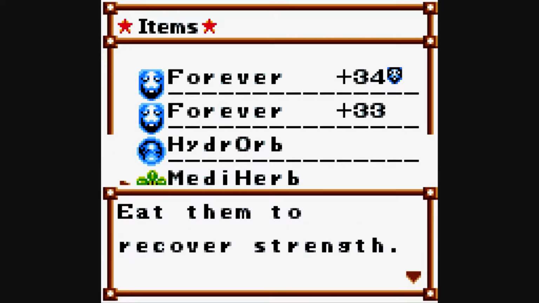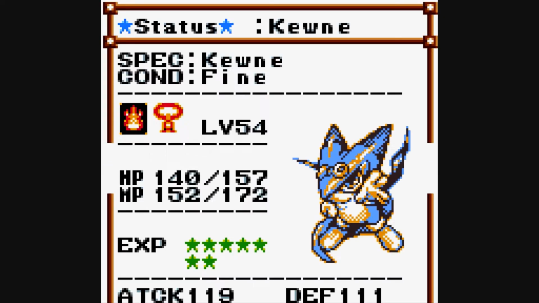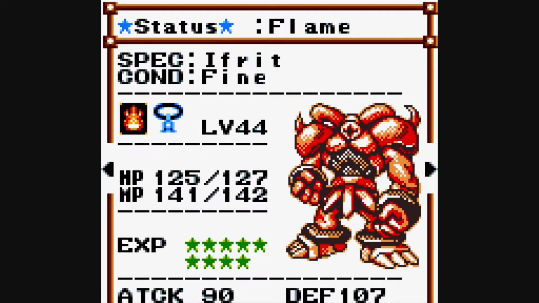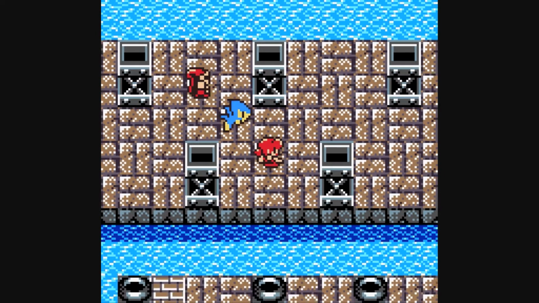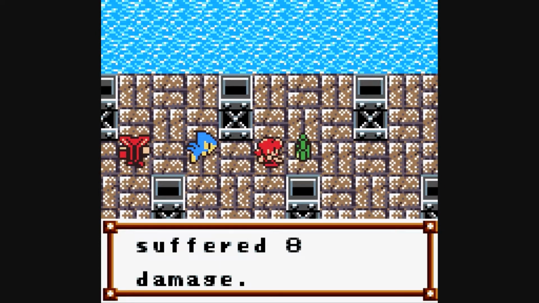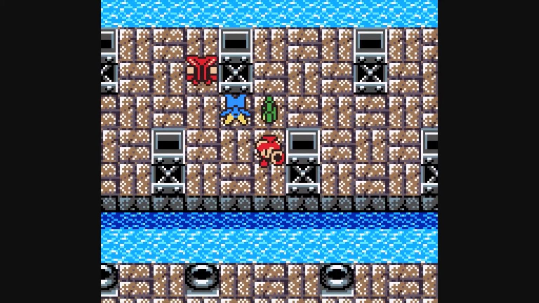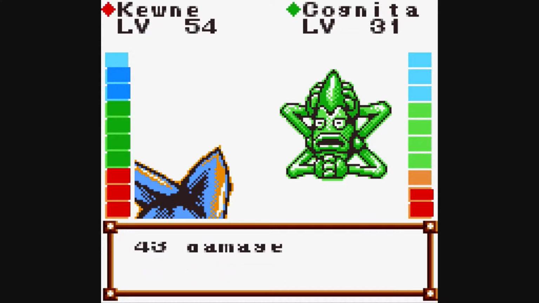Let me just see. No, I don't want to. I want to see HP totals. 140 out of 157, 125 out of 127. Okay, so I'm going to keep that for just a little bit. Tuma Seed turns monsters into... oh crap. Oh, phew, that only did 8 damage. Which is good because of the fact that...